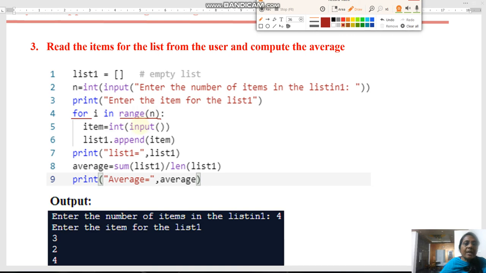So we have to read the elements through the keyboard. For each element, we have taken the variable called item. Item is nothing but the element. So read the element through the keyboard, and the first element is 3. 3 is a string. We have to convert that string into an integer. So that is, the input function is enclosed inside the